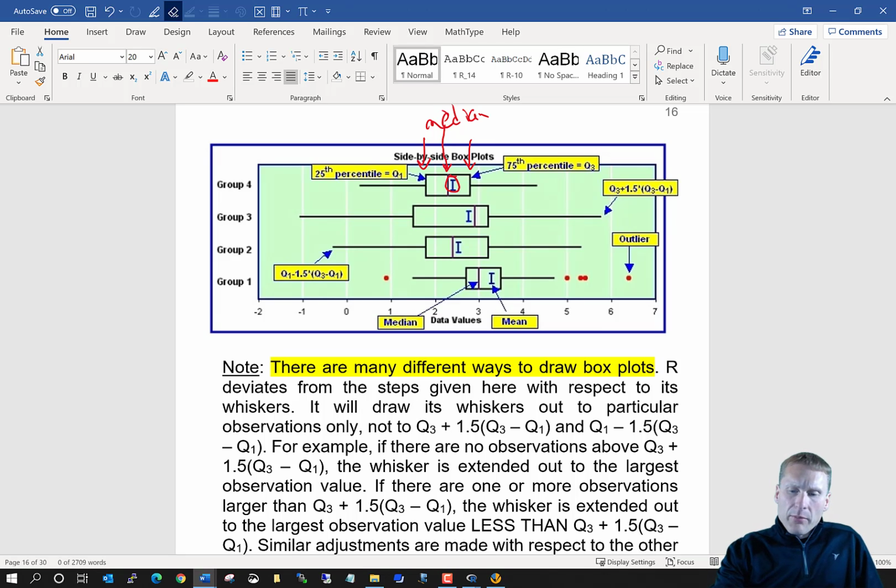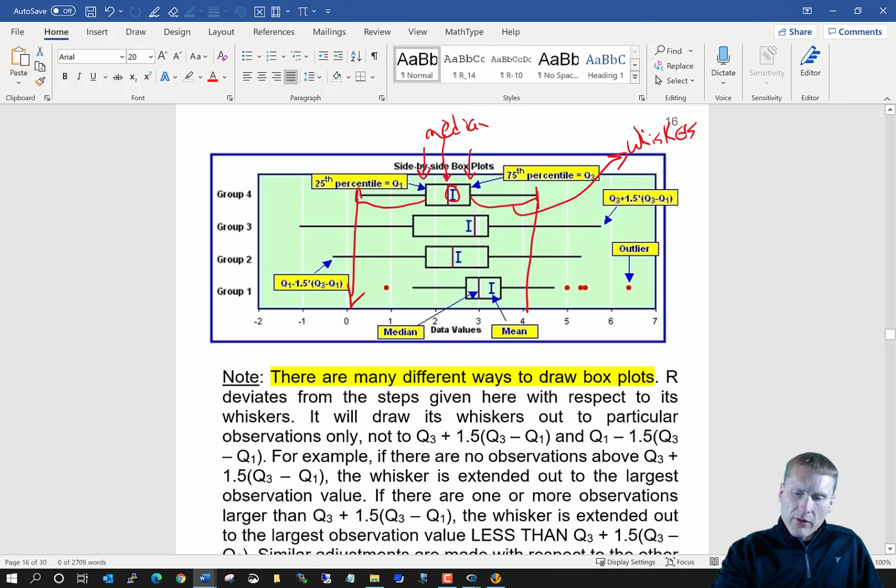Now also on a box plot you have some lines here. See those lines that extend out from the rectangle? Those lines are called whiskers. And because of that, you will often hear people refer to these as box and whisker plots too. The purpose of the whiskers is that they are extended out to a place relative to this numerical axis where you would expect most of the observations to fall within. If you have any observations that are outside that range, as we have here,